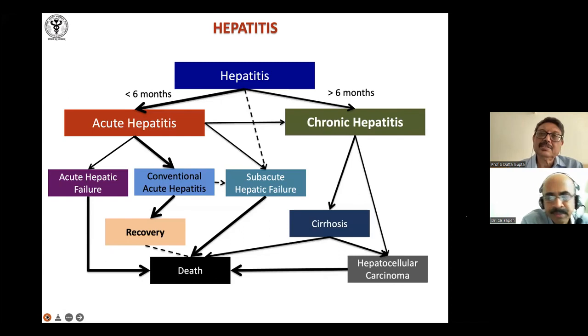The other thing is, it's not required now, especially. Traditionally, in the UK and elsewhere, they used to always try to screen for alpha-1 antitrypsin deficiency as one of the causes of chronic hepatitis. They didn't have that much of it. So they used to do it, and this is one easy way of detecting this.